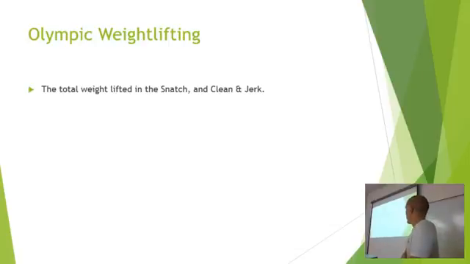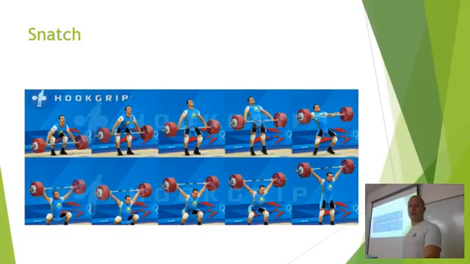The total weight lifted in the snatch and clean and jerk is the definition of Olympic weightlifting. It's simple. Nowadays, it strictly runs down to how much can you lift. So with it only being 2 exercises, the format is pretty fun. But we'll go into the format of the actual competitions. Just to give you an idea of what the snatch is, I posted some videos too.